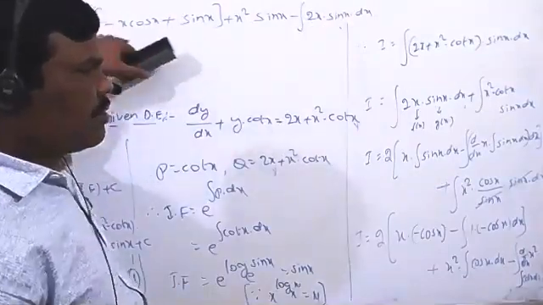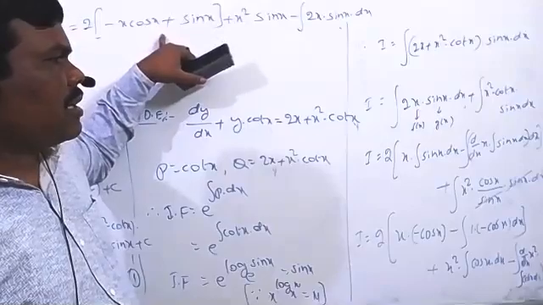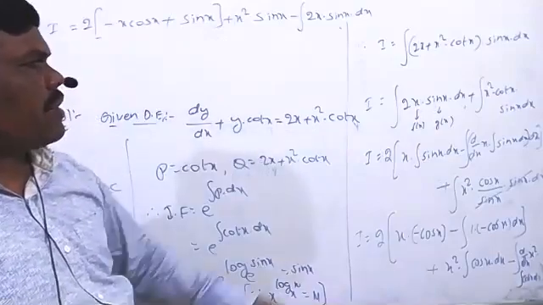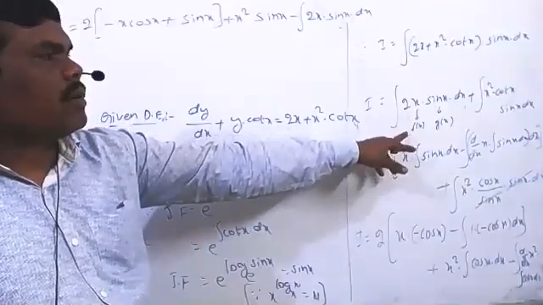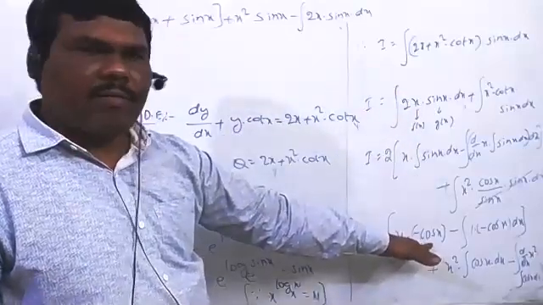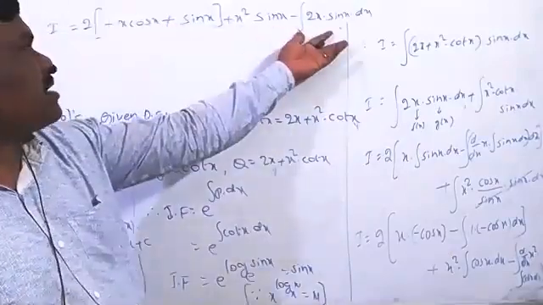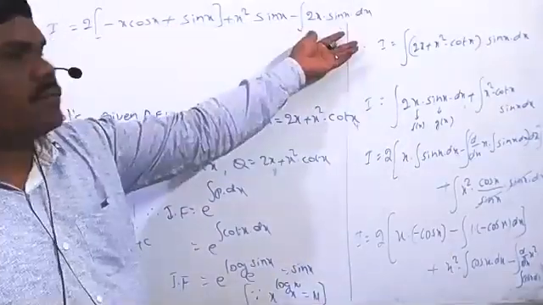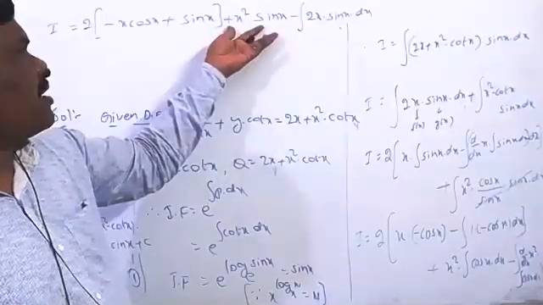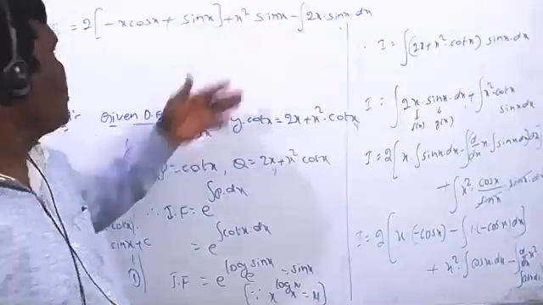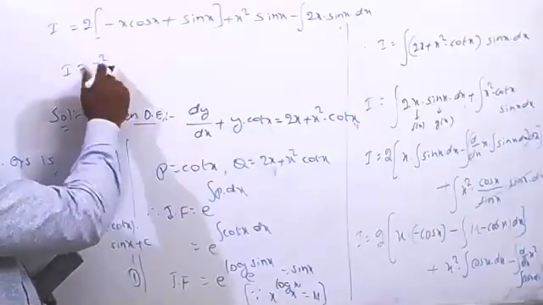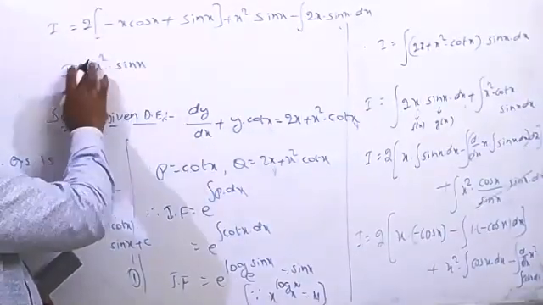I think here now, but already this value we got very clearly here. Correct? This entire thing, 2x into integration of sin x, already we got previous. This is where simplifying means we got the first term. And these two will get cancelled because this is the positive and this is the negative. And what about the remaining term here now? x square into sin x only remaining it is. That means the value of I equal to x square into sin x.